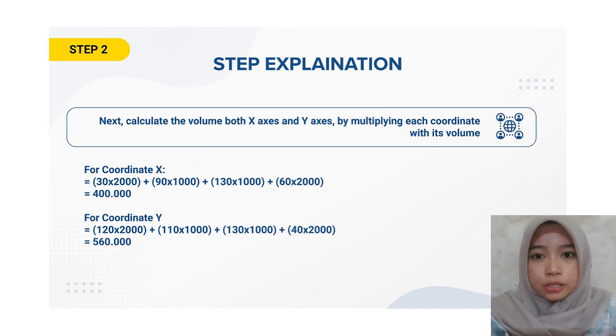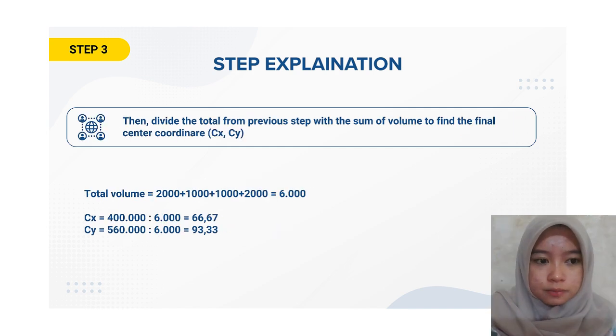And for coordinate y it is also the same, but in here we use the y-axis. So the y-axis times the volume, and then we sum it all. We will get 160,000. Then now we have to divide the total from the previous step by the sum of volume to find